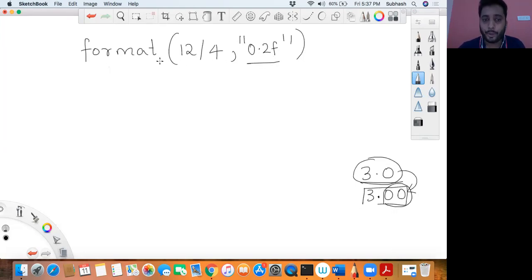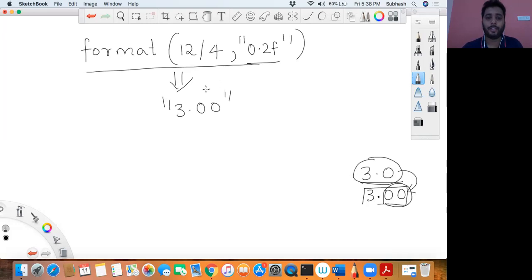After doing this, what happens? The format function, after formatting that result, will give you a string, which is nothing but 3.00. This is the result that the format function will give you. If I want to print this result, I'll have to use the print function.